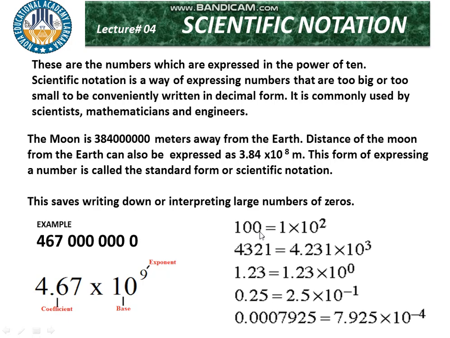So we have many other values. Let's say 100, there is a decimal point. We want to shift this decimal point. Again, we are crossing two values. Our power is 2. Here 4321. Now in 4321, this decimal point is going to be shifted 1 2 3. We are going to put this decimal point here, so that will be 4.321. Now how many places have you crossed?